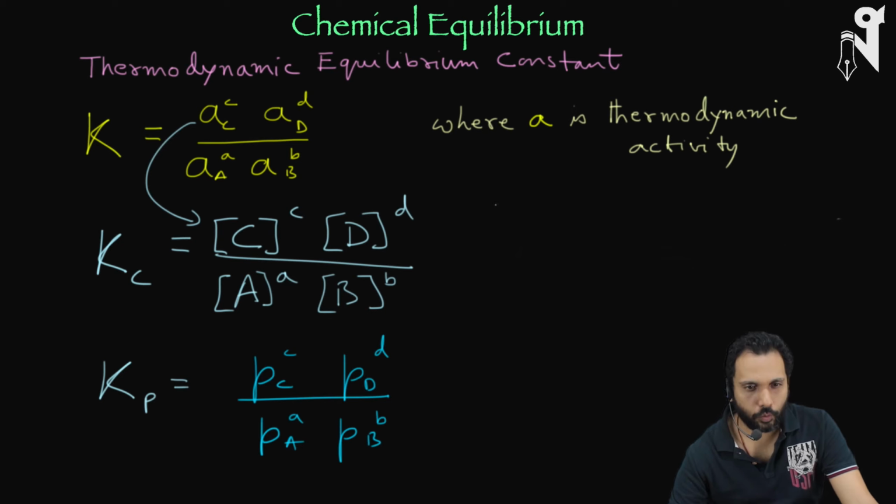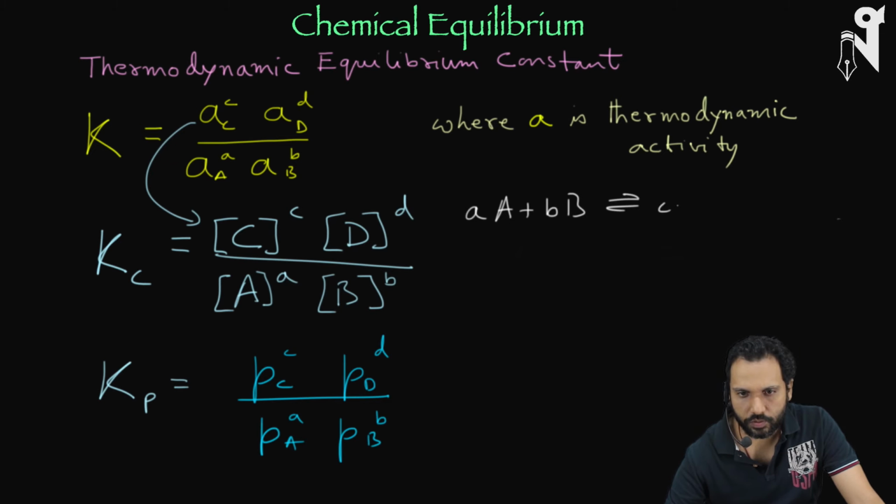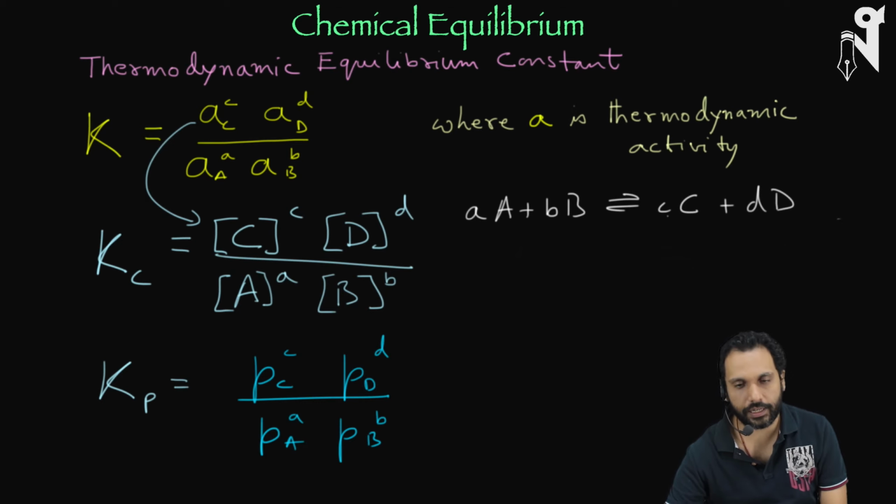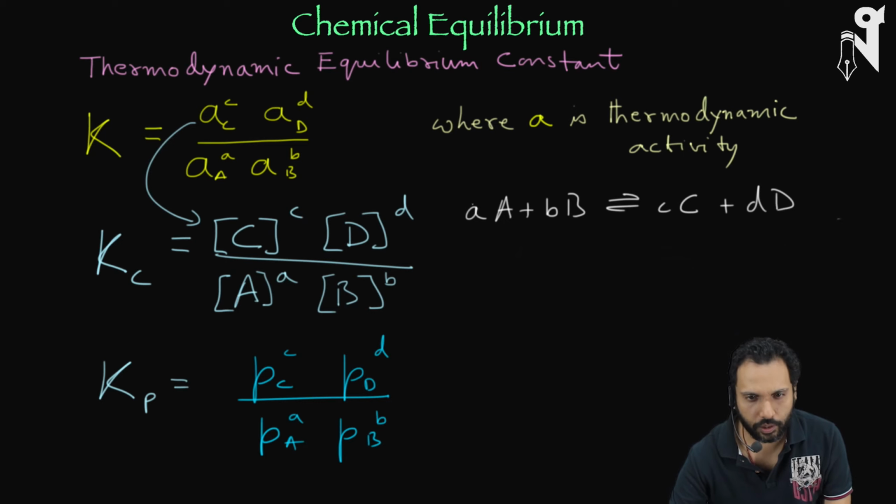A point to note is that this equilibrium constant expression has been written for the equation where a amount of A reacts with b amount of B and produces c amount of C and d amount of D, where C and D react back and form an equilibrium with A and B. So the stoichiometric coefficients are a, b, c, d, which is what you get on balancing. Now one could have balanced it with a by 2, b by 2, c by 2, d by 2. Is it a correct balanced equation? Yes, it is. So in this case, will the K value be the same?